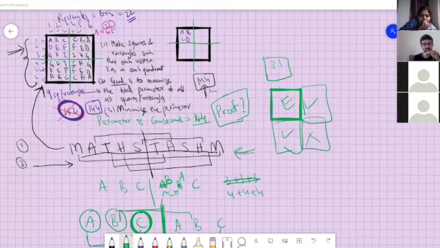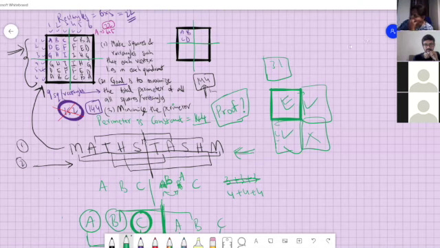Okay, then for A, in the row there will be 3 choices. In the column there will be 3 choices. For B, in the row there will be only 2 choices, but in the column there will be 3 choices. So if we keep doing this for each of the squares, for A it will be 3 into 3. For B, it will be 2 into 3. For C, it will be 1 into 3.